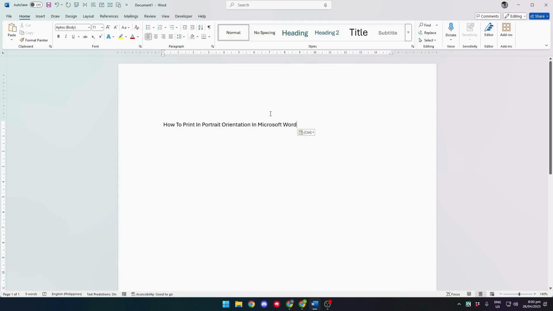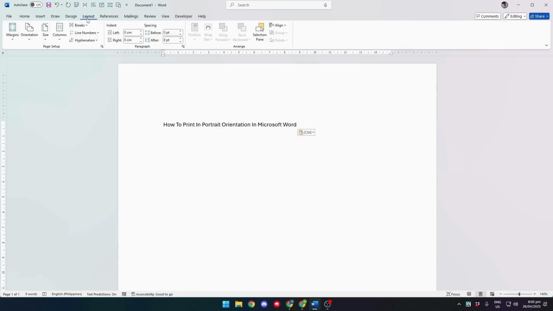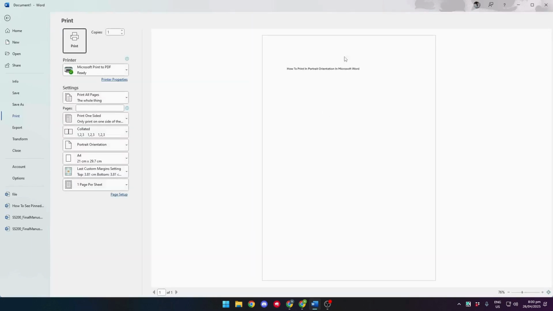However, just to ensure that your document is in portrait mode before printing, first click on the Layout tab, and from here, click on Orientation, and make sure that you click Portrait. And now, let's go ahead and print our document. And as you can see, right here on the preview, we have it in portrait mode because that's what we